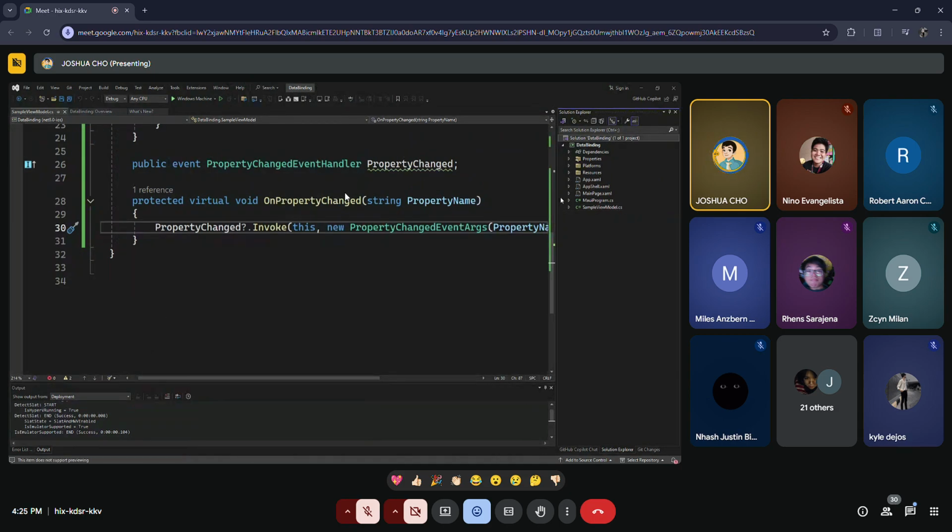Let's create a new item. Okay, so let's save one. Okay, so let's say a content page.